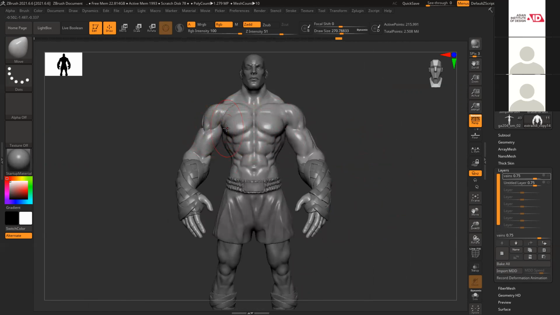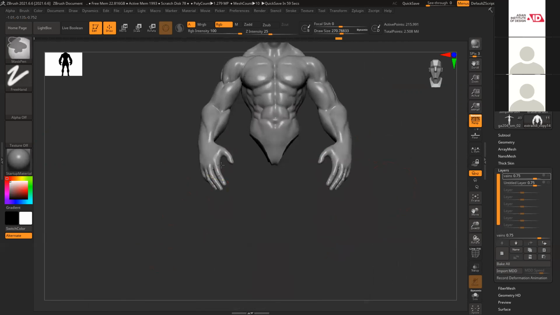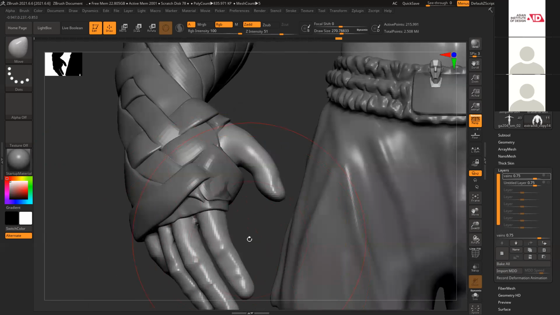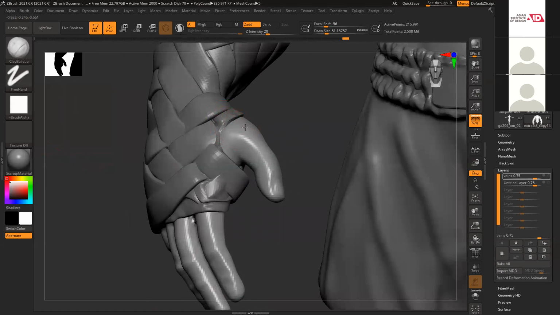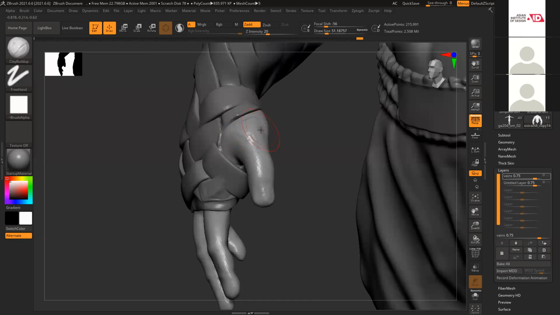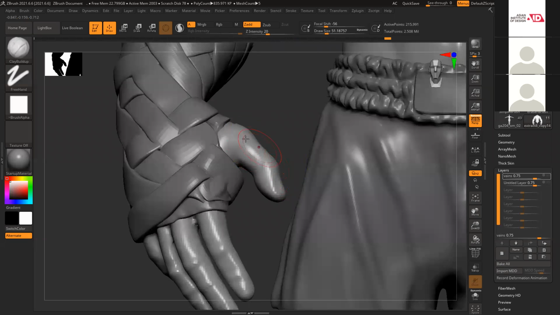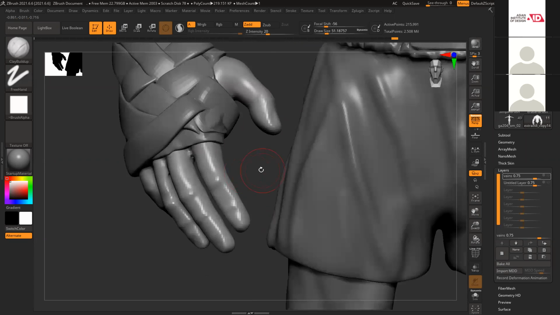Oh, symmetry was off? Initially we create everything with symmetry and fix things, and this is something you did correct. The knuckles and all this, you have to make a little prominent. That angle should be visible, right?